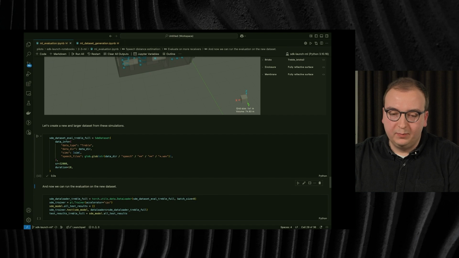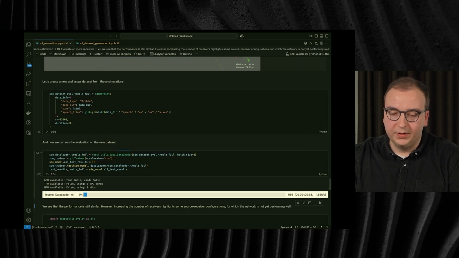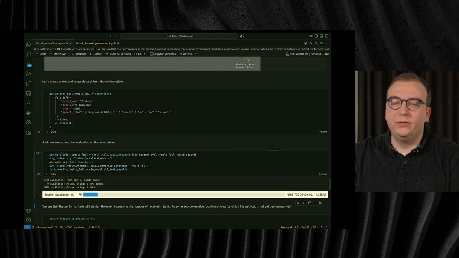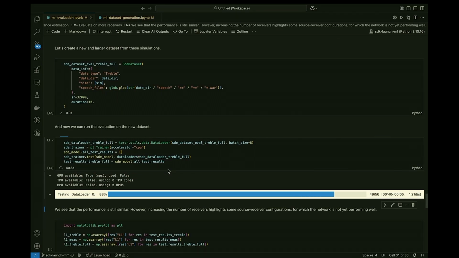So let's set up the dataset again and run the evaluation once again. And because we have now so many source receiver configurations, this takes a bit more time. But this is also then down the line very interesting for us because we have more receiver configurations. We have just a better overview of how the network performs. So let's wait until this completes. All right,